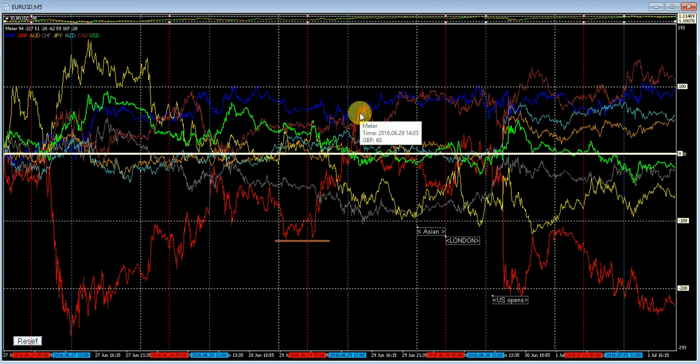Sterling just can't really. It got above the open for the week there, but again, a lot of pressure here. I mean, obviously with Brexit, there was a lot of news going on through the week. There was political news, there was government instability, there was, I don't know, England losing, whatever you want to call it, but it wasn't good news coming out of the UK camp, was it, all through the week? So again, I wasn't holding my breath for sterling to do much in the second half of the week,